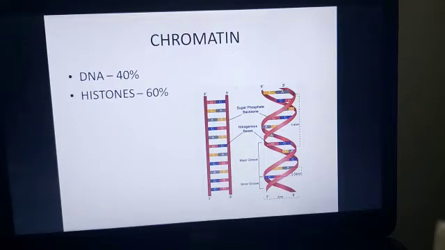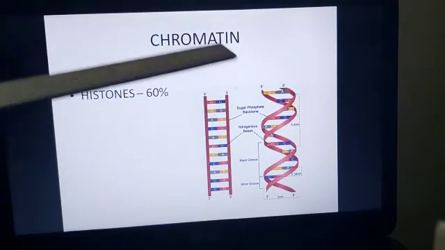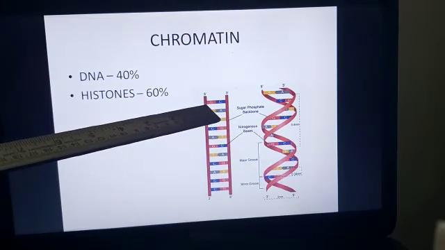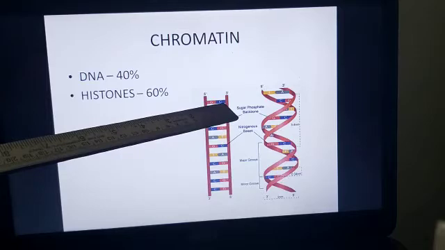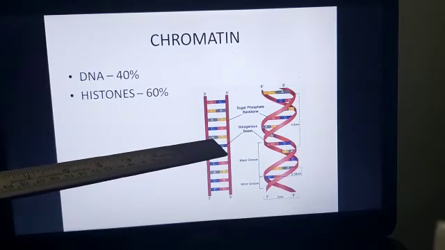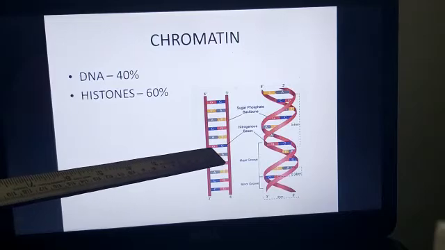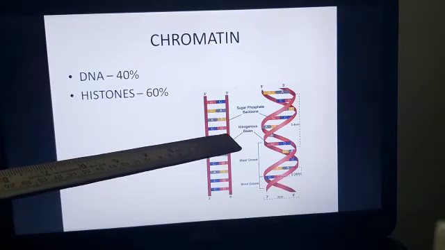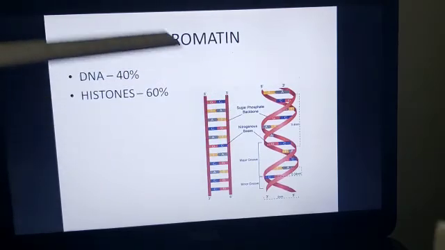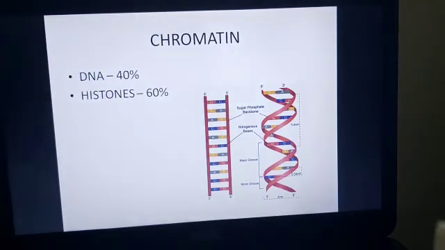And one more thing which is very important for you to understand is that when there is guanine here, it pairs up only with cytosine. Similarly, when you have cytosine here, it pairs up only with guanine. Similarly, there is base pairing between adenine and thymine. So this kind of base pairing is called complementary base pairing.